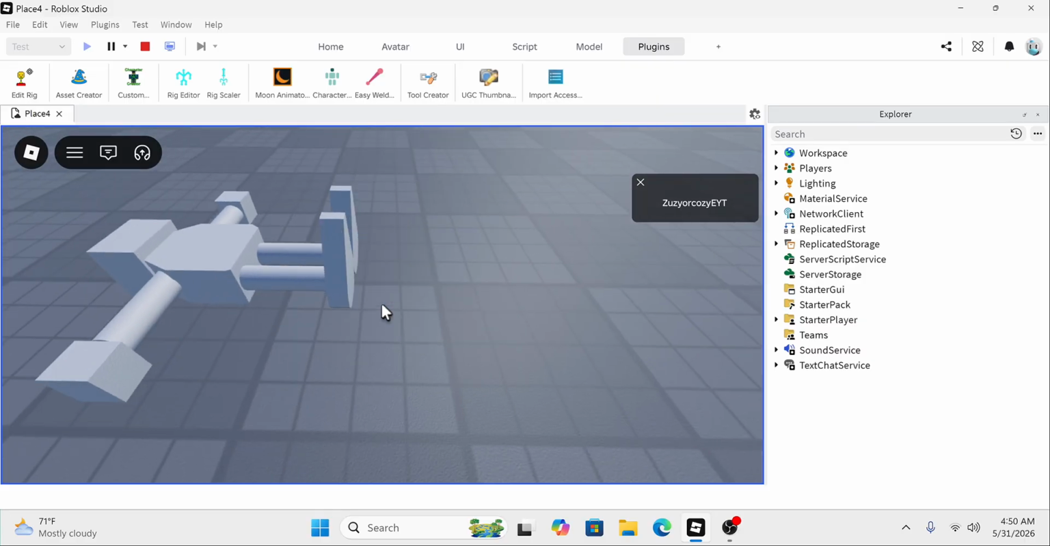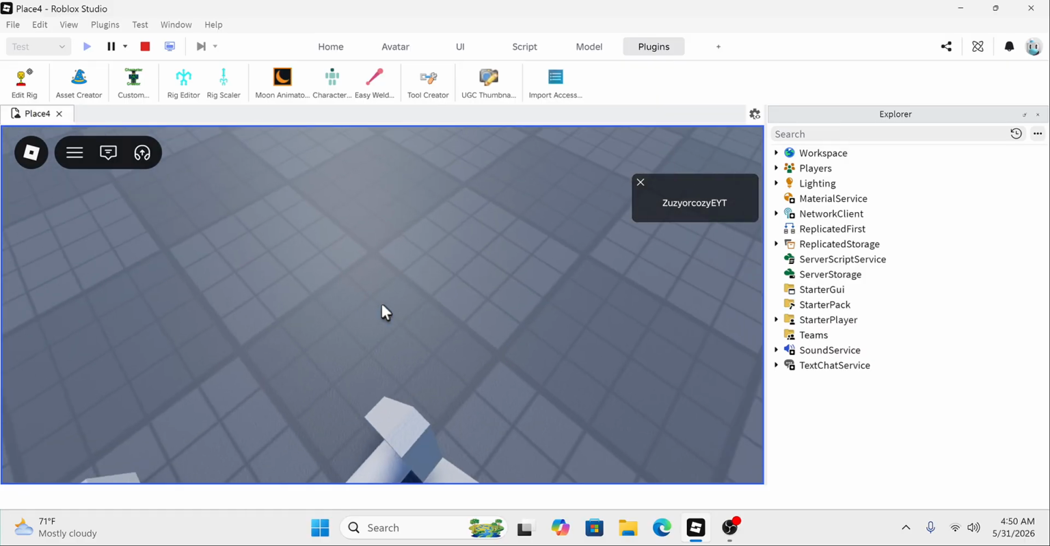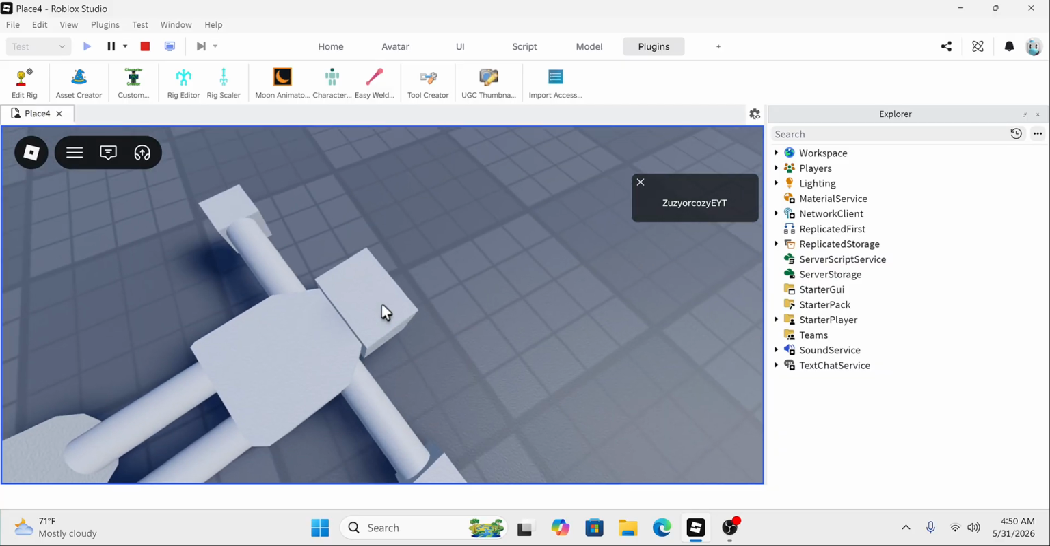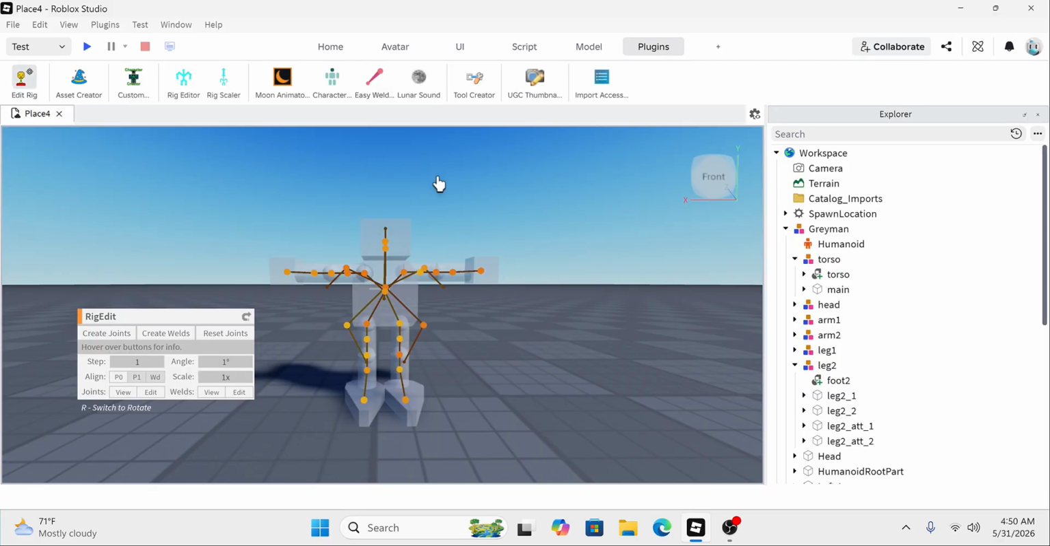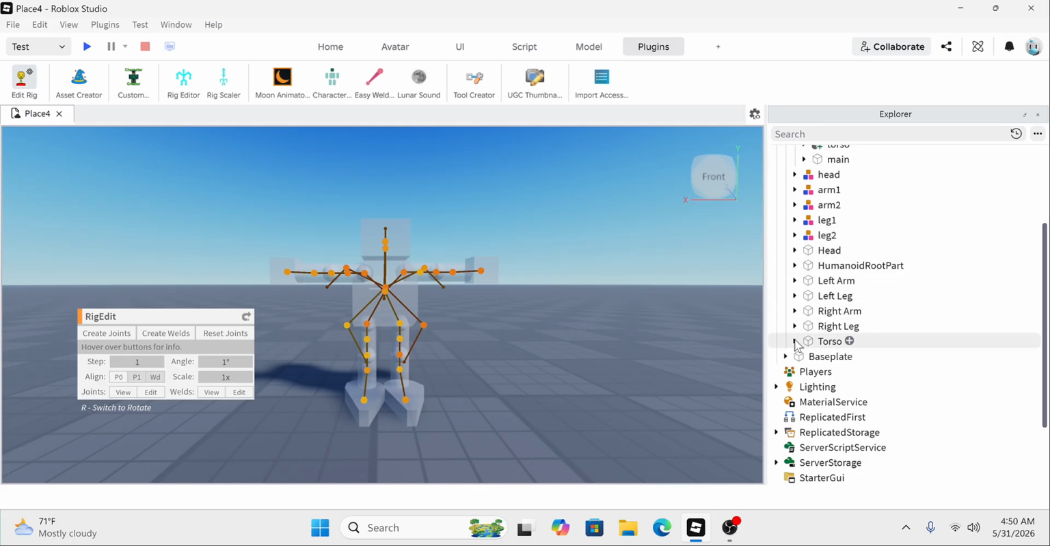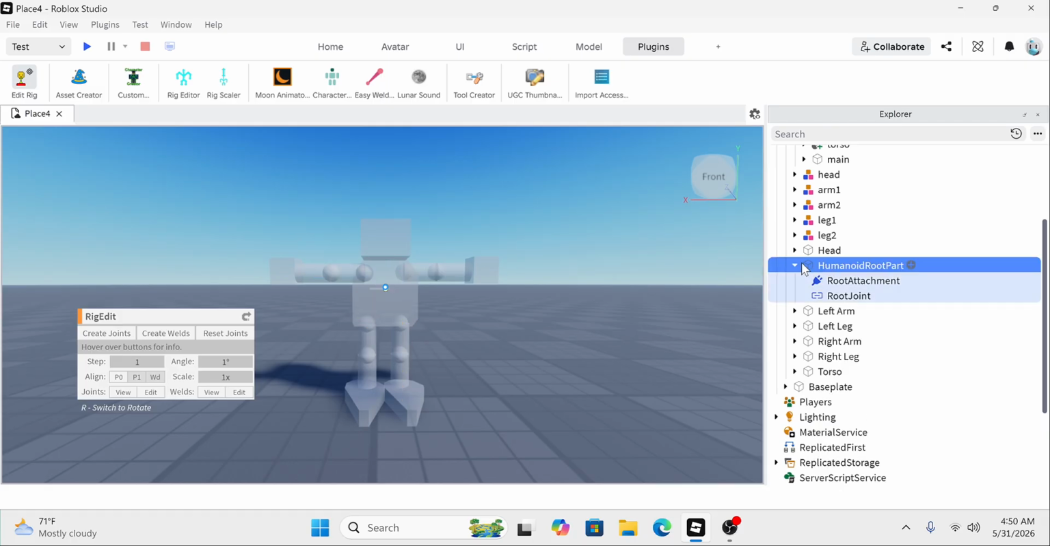As you can see, there's one key issue, because when I move into this, it won't move with it, and he falls over. There's one last thing we would like to rig onto him, and that is not the torso. It should be the humanoid root part should hold. Before we get into more of this,